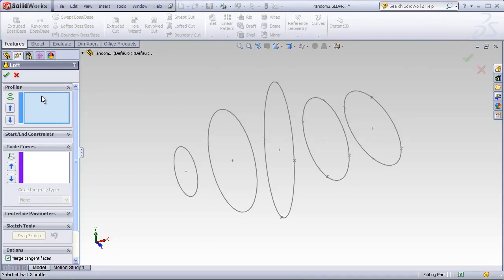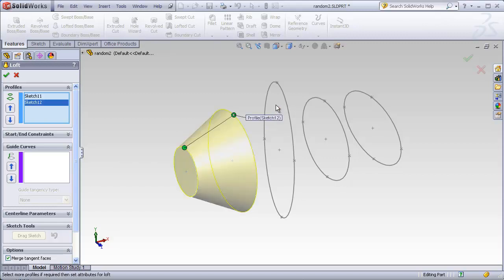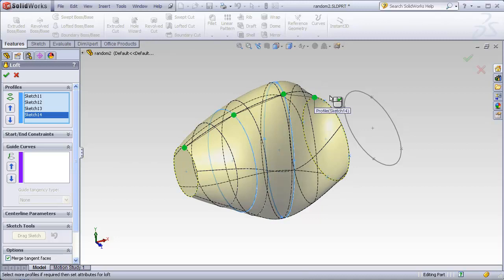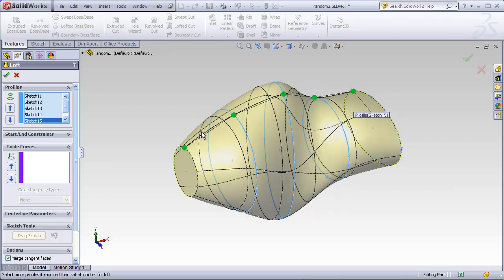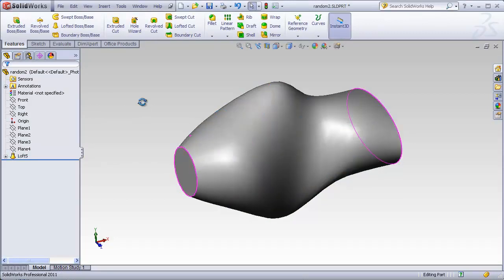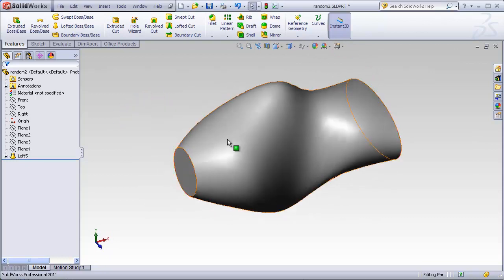The first box here we have is Profiles. Each of these sketches is a 2D profile that I'll select in sequence. And we see what is happening is the solid shape is slowly evolving as I click on each profile in turn, and it's blending the shape of the solid from one profile to the next. The final result is a smooth solid that has compound curved sides that cannot possibly be made with extruded solids